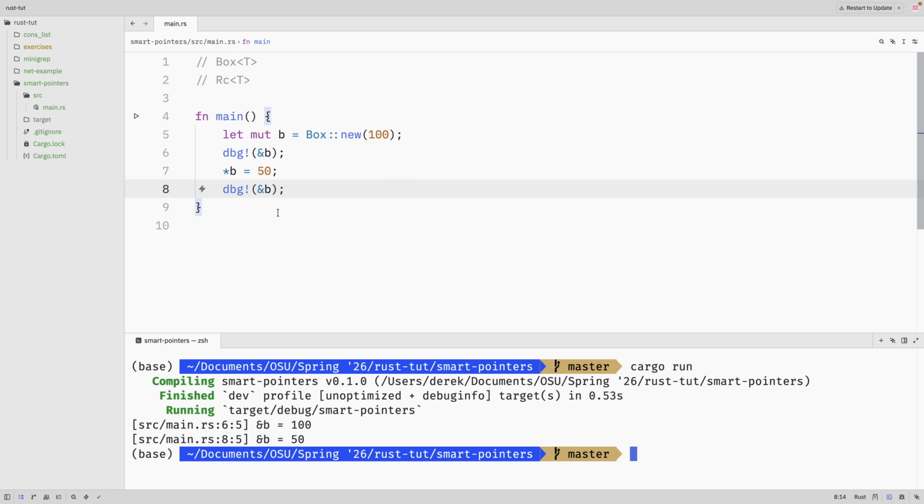We're going to introduce a third smart pointer today, the RefCell. RefCell kind of acts like a box, except it allows